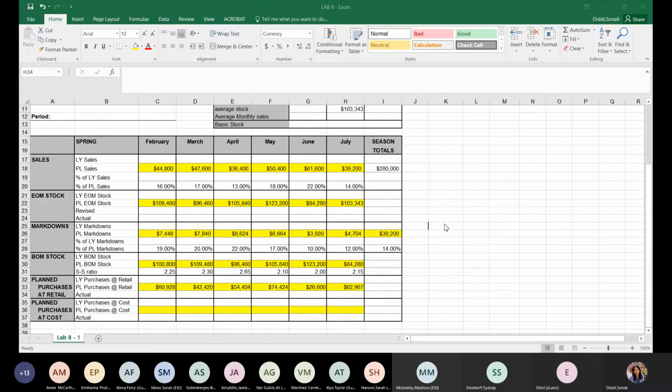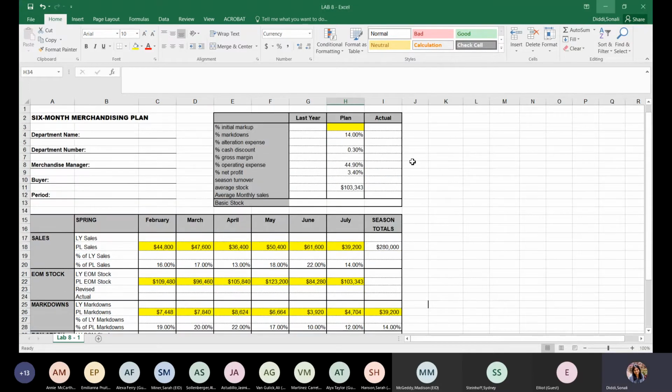Okay. Everybody ready for the next step? We have to calculate our markup percent. So we have cash discounts given to us. There's no alteration expense. So if you want to go to your, I'm trying to remember what the page number is. I think somewhere in 134-ish or maybe 132, between 132 to 136. Remember the initial markup percent formula? So you're going to do